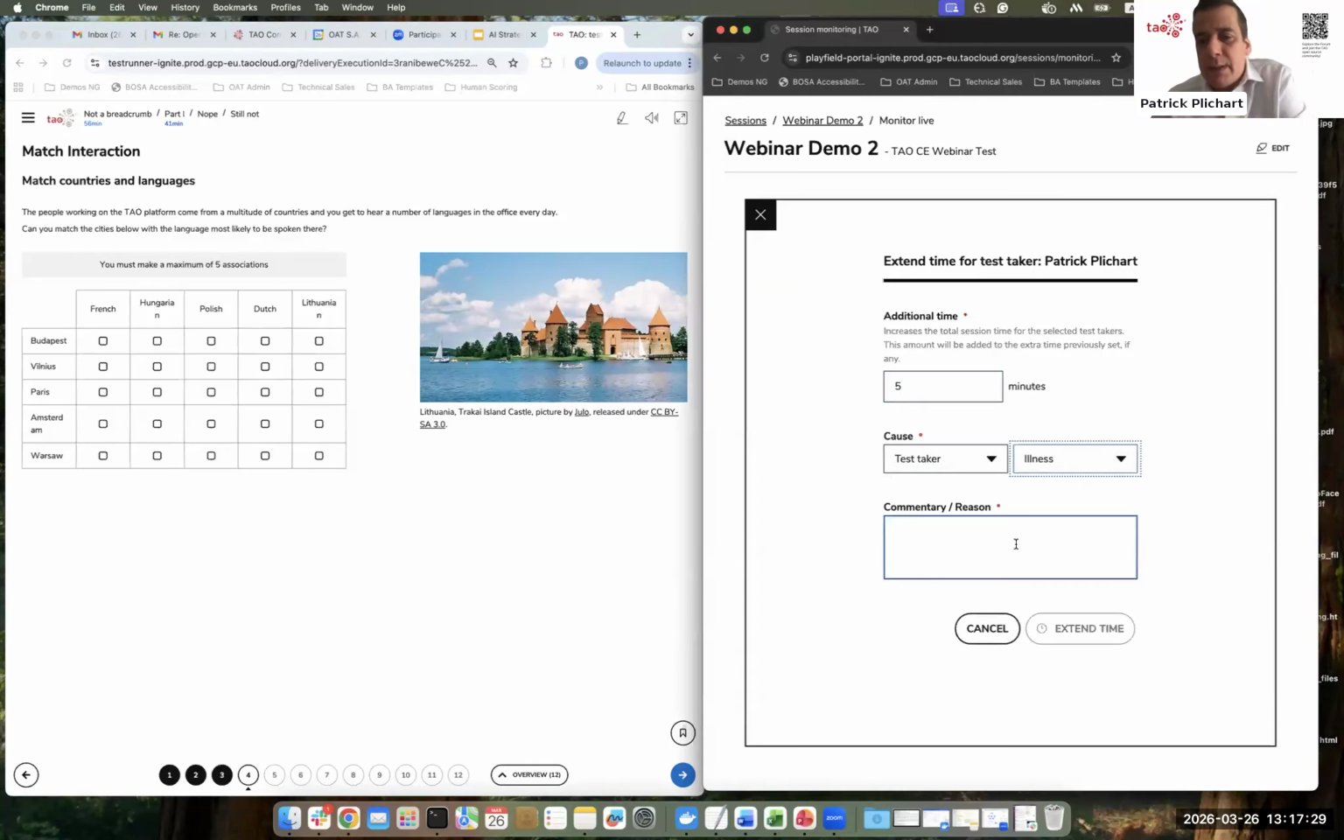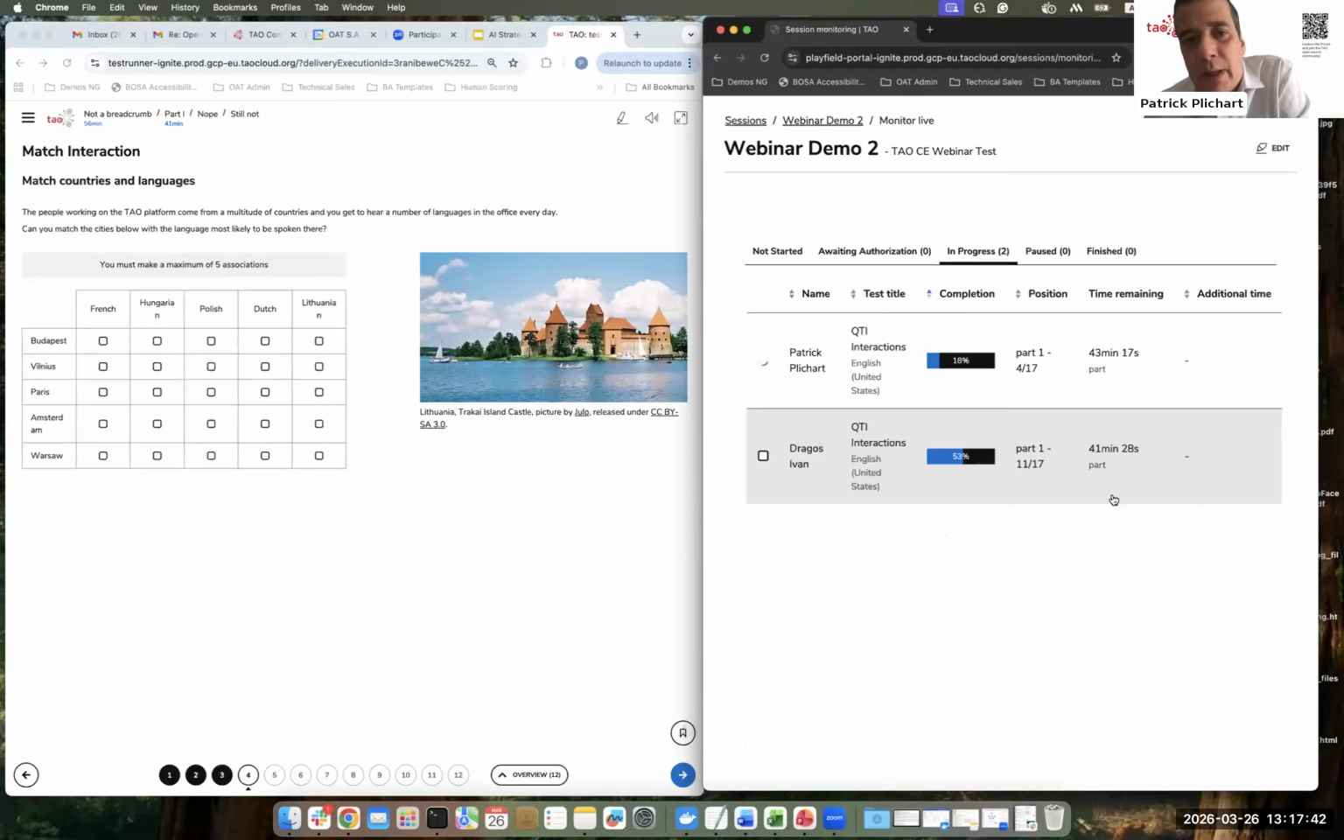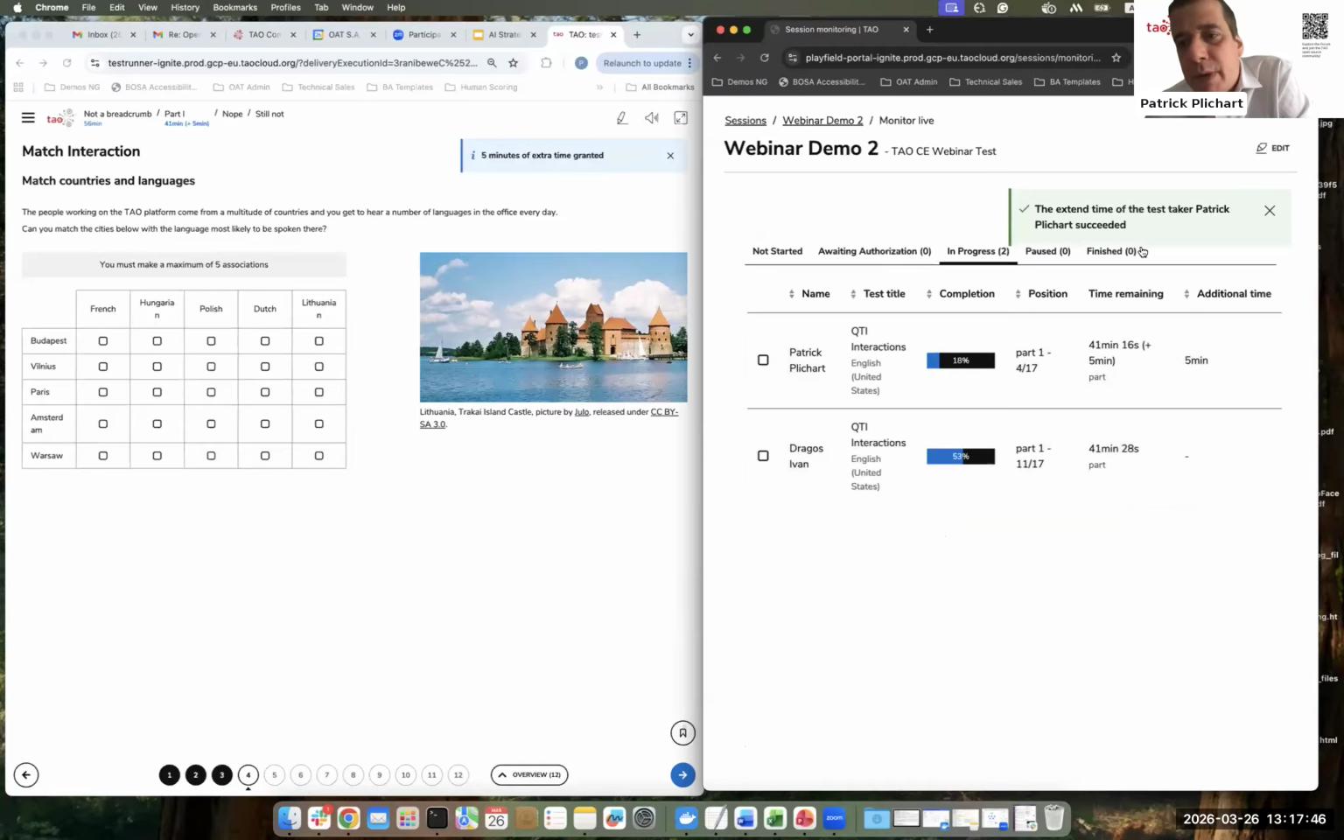Let's say test takers, I would say illness, I would say just random example, right? Recent surgery. All right, so you can extend the time and look at the screen on the left for the test taker, right? What you will see on the screen is that he gets a notification on his screen. So myself as an admin, I get it, right? But the test taker also knows that he got 5 minutes extra for this test. And you can see also that part one of the test basically got 5 more minutes there,